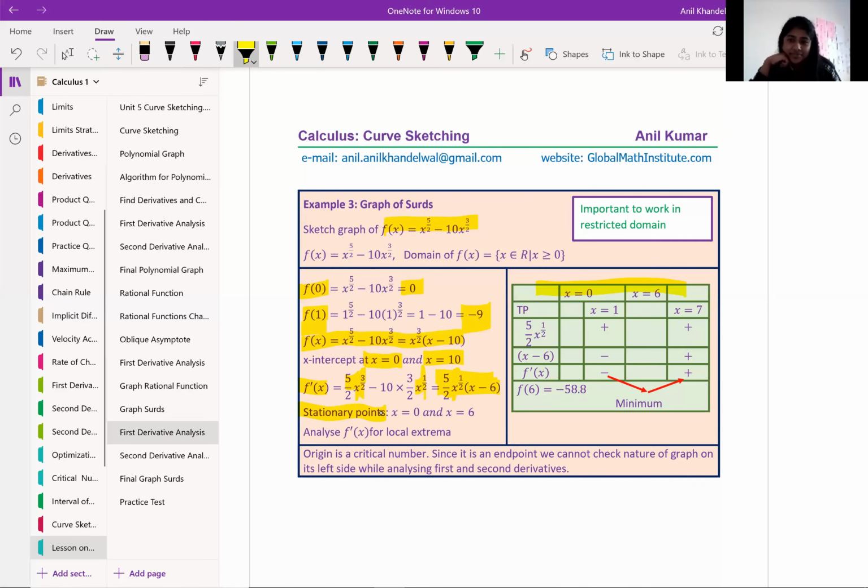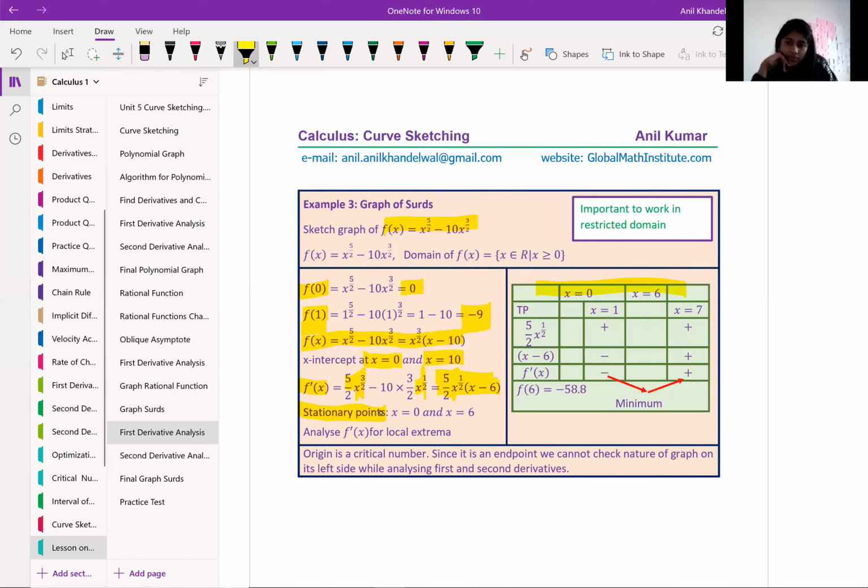And this type of example should be there in your test paper, but not in most of the test papers, okay? So when we talk about these functions, we'll definitely have exponents which result in negative values as the exponent. And so we'll have a critical point where the denominator equals 0 that needs to be analyzed. Is that clear? So that gives you a hint that in your case,